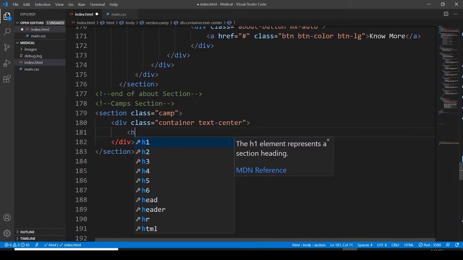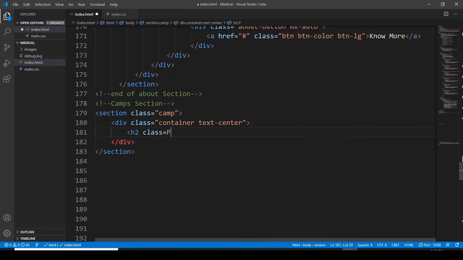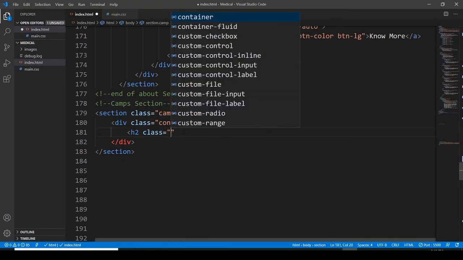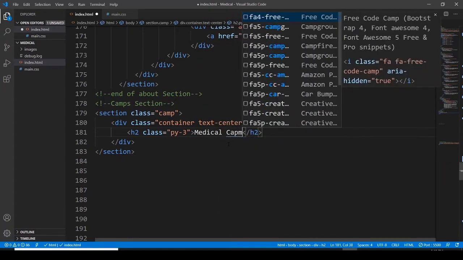I want to go with the heading 2, assigning it a class of py3, and I mistook here. It should be py3. Within this, let me write medical camps,